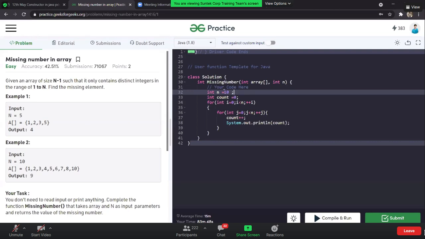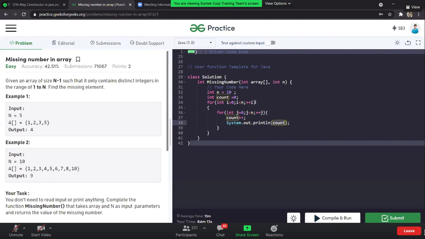So how many times will this count value be printed? Correct. It's going to be printed 100 times. The reason is that it is inside this loop and inside this loop, and after that we are printing the value of the count variable. Is that clear? So it will get printed 100 times.